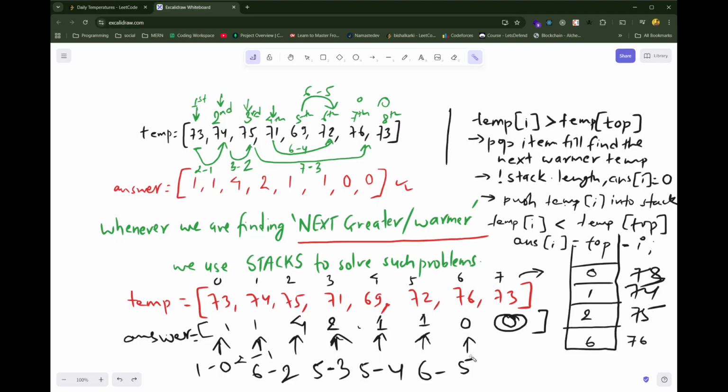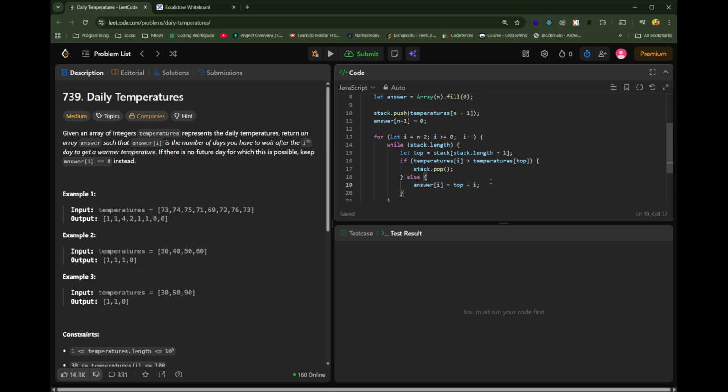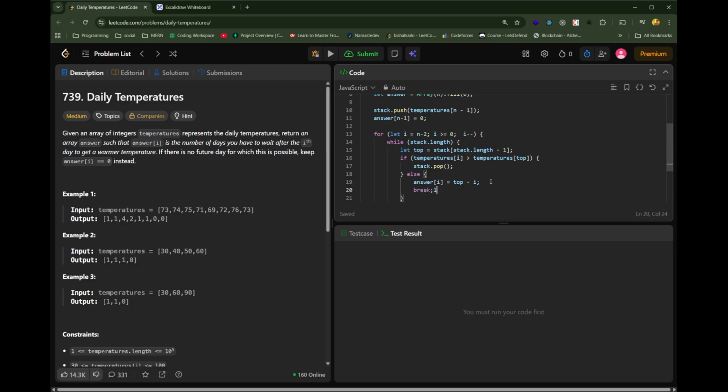Sixth, right? Top minus current index is 6 minus 5, and we are updating array of 5 by 1. Okay, and we have to basically break